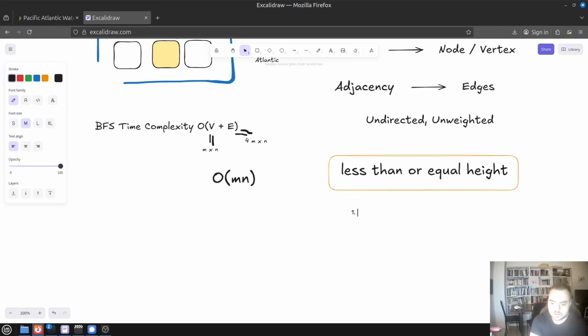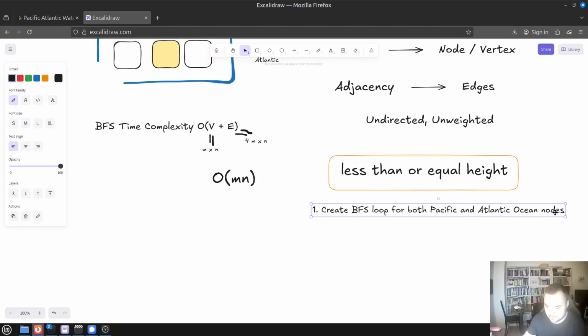And so you can write it down: create BFS loop for both Pacific and Atlantic Ocean nodes or cells separately,